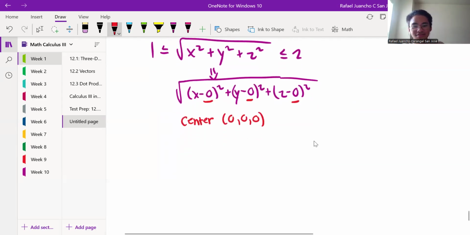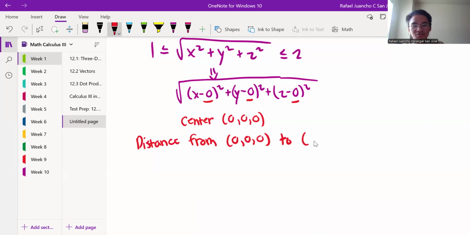And the distance from 0, 0, 0 to xyz, the other xyz. Let's make it in green. Okay, that's ugly. To xyz